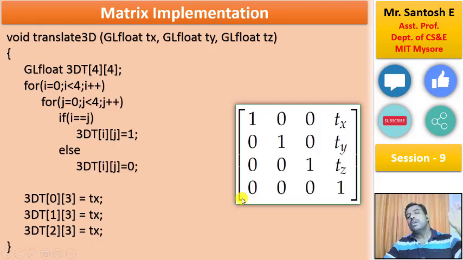This is how we are going to implement any matrix of rotation, translation, scaling, or any transformation. And once you have the matrix, the next operation is this: if I want to apply a translation on any given object or any given point, I am just going to multiply the matrix I have formed with the point the translation is to be applied to. That is how the matrix will be implemented in your OpenGL program.